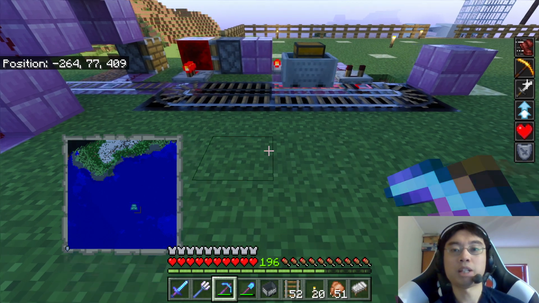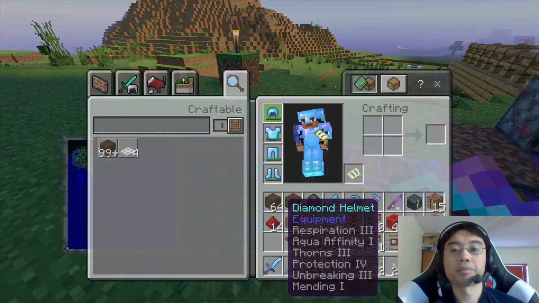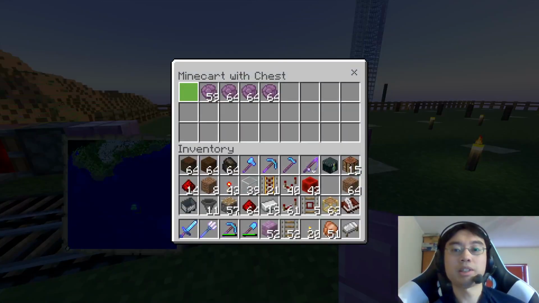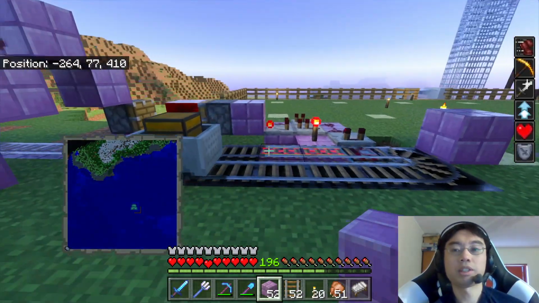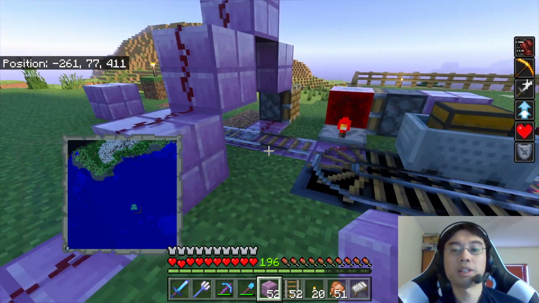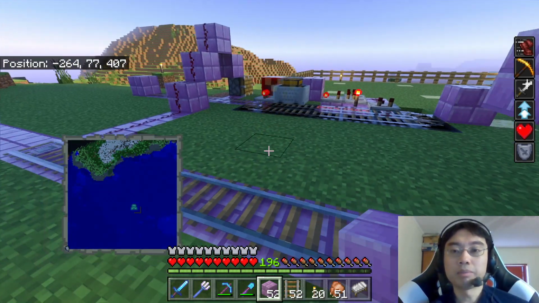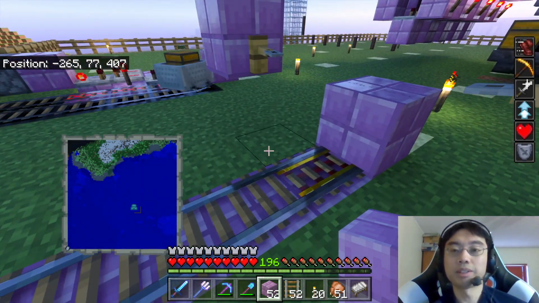I should put one more powered rail on there. Stick a block here for now. So then when this thing empties out, eventually that will open and it will leave. So when the cart is almost empty, it will leave. Right, very good. But we want that to happen only if